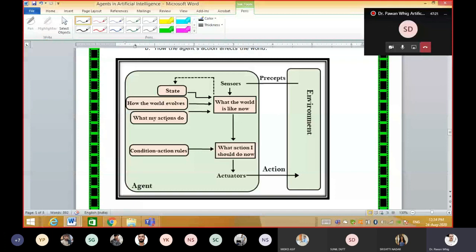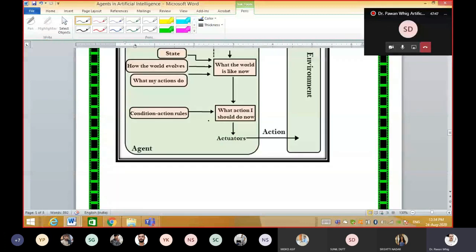It is not simply sensing the dust and going there and starting cleaning. Here it has a specific model: first of all it takes the things, checks how much dirt is there, how you have to start and where you have to stop. Everything is mentioned in the model, and this is what we call a model based agent. Let me complete the types first, then I'll discuss all these things with you.